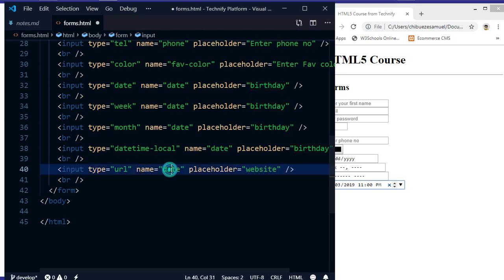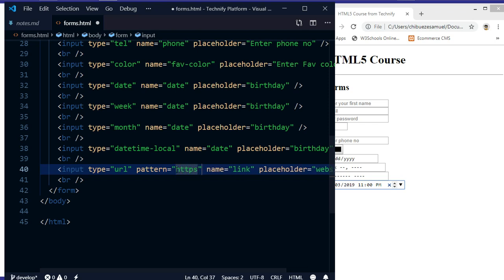You can specify a pattern attribute of how you want this to be, and basically you can pass a regular expression for the pattern. Regular expression is something we won't consider in HTML5, but it can look like this: